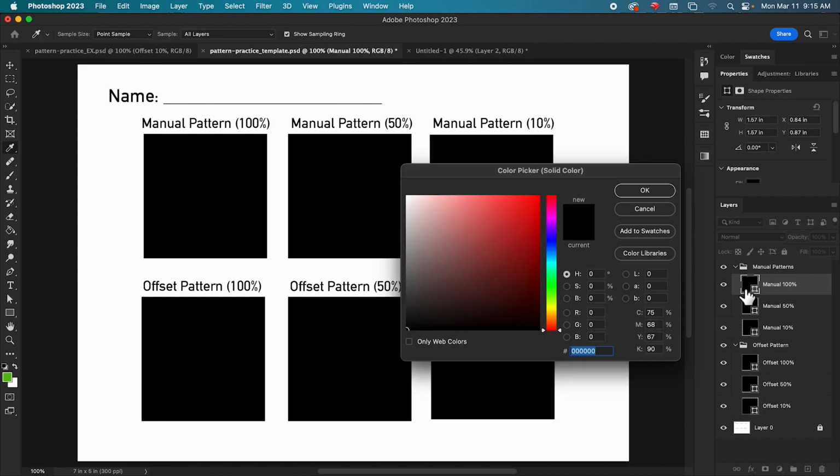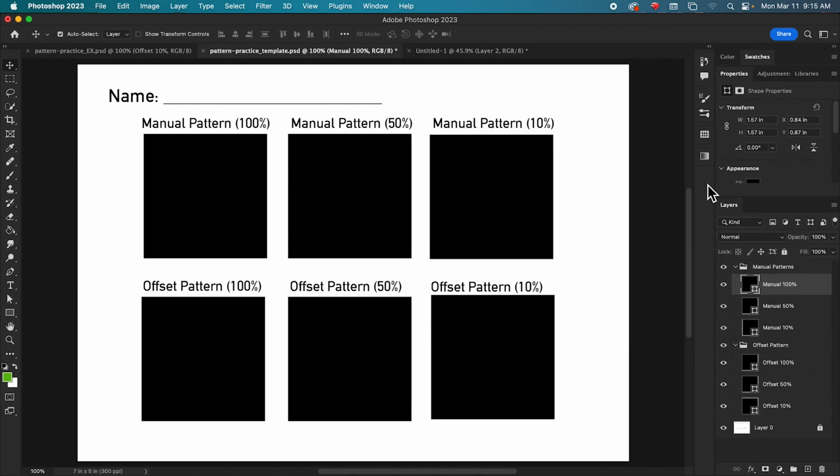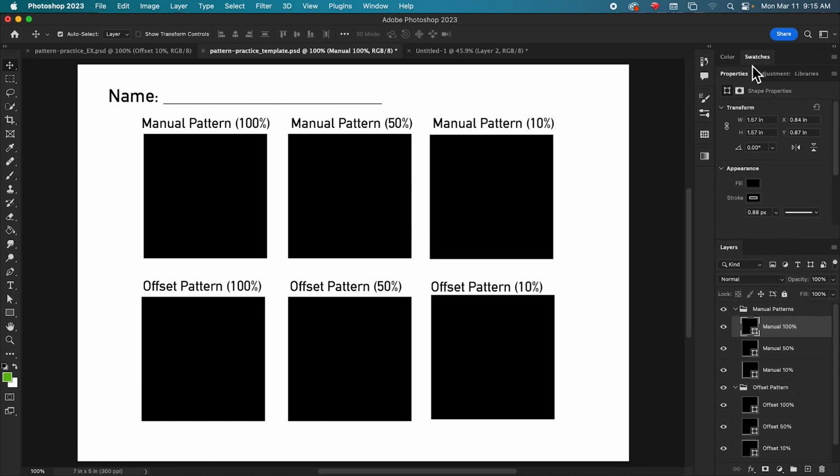Double click that. That's going to allow us to change it into any solid color we want. But we don't want a solid color. What we want is to use our pattern. So we are going to select this, and go to our properties panel, shape properties, ignore all of this, and go to the appearance property.